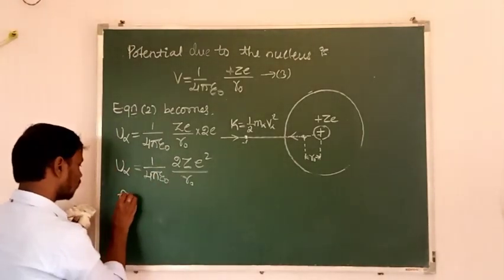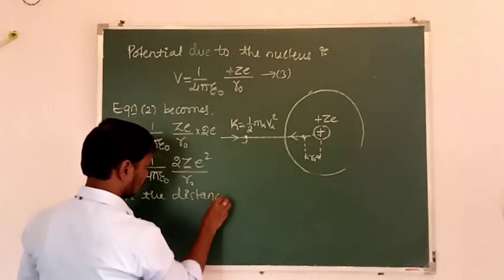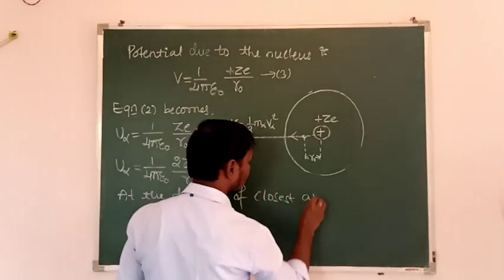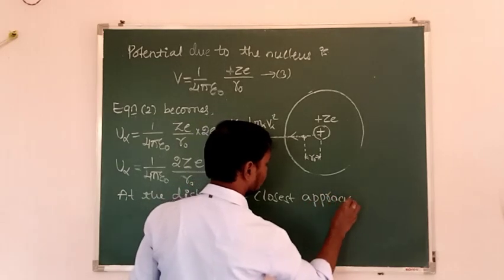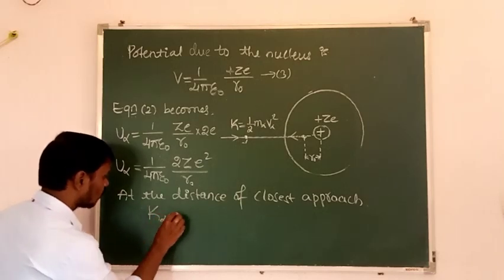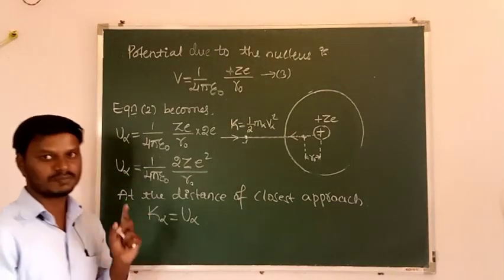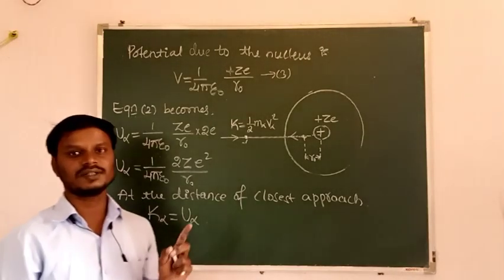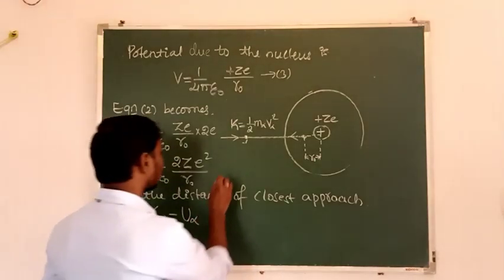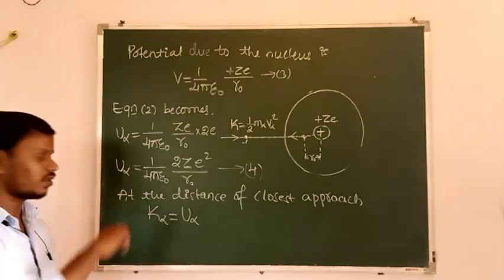Then at the distance of closest approach, that is, the kinetic energy of the alpha particle is equal to the potential energy of the alpha particle. Then what is the kinetic energy of the alpha particle? That is 1 by 2 m alpha into v alpha square. Then what is the potential energy of the alpha particle from this equation? That is equation 4. Then from equations 1 and 4, we are going to write